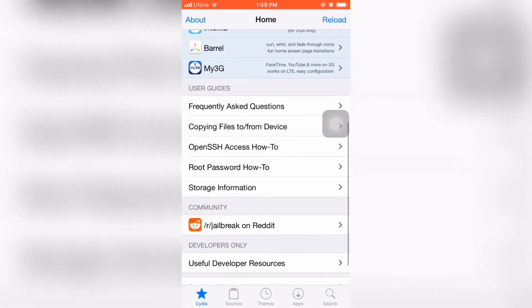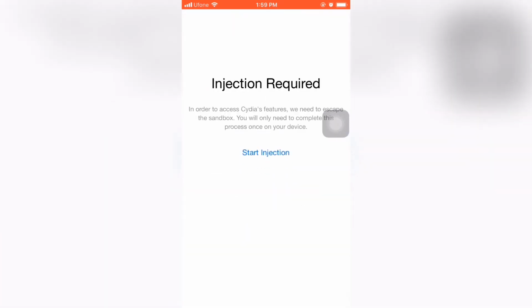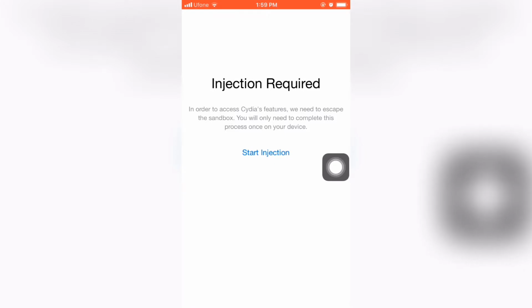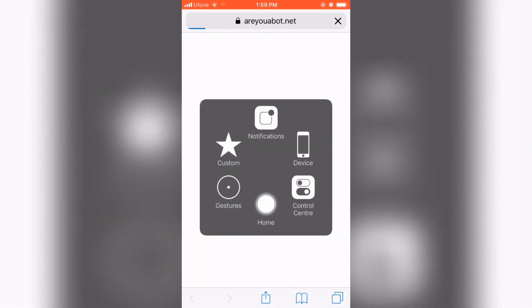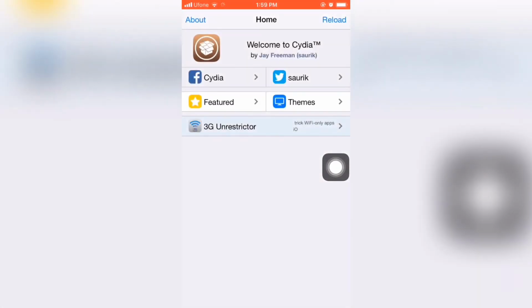Now just go to settings, general, profile and device management, and install the profile. So guys, this is basically a method to install Cydia on your iPhone, iPad, iPod touch absolutely free, running iOS 12.3.1. So guys, you can see I have installed Cydia on iOS